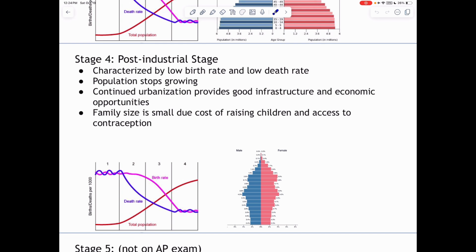It's expensive to raise a child. It's expensive to get contraception. And so families are trying to stay small instead of trying to raise all these children in a very expensive urbanized center. Though it's expensive, this urbanization is great. We have fantastic infrastructure. We have economic opportunities. We have school. There's growth. Everyone has jobs. They feel this purpose. So it's a fantastic place to be, but it does lead to this population slowdown.